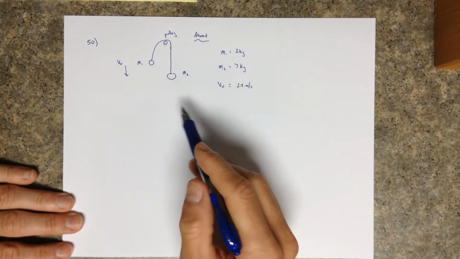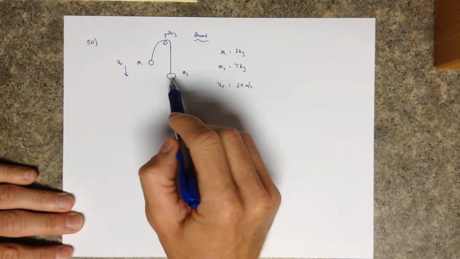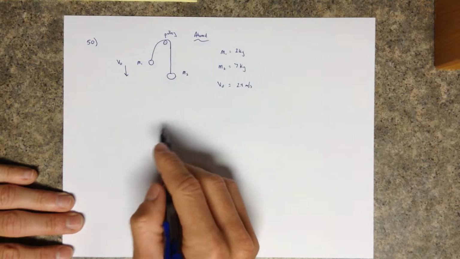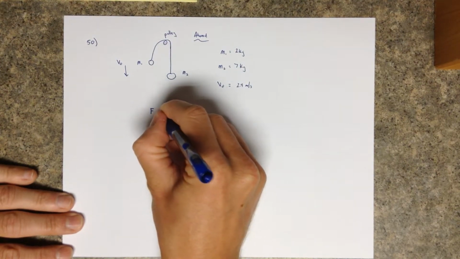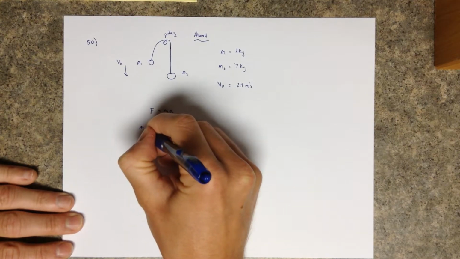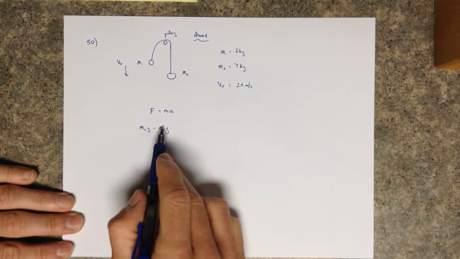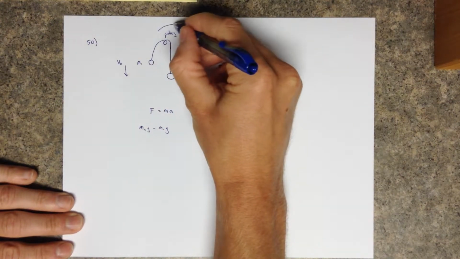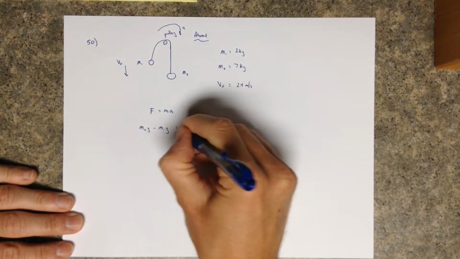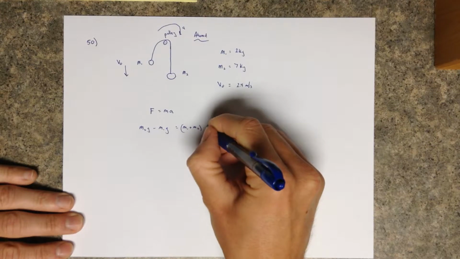And so what's going to happen is this system is going to come to a stop. It's going to come to a stop because, well, what did we just say? The net force is going to cause some acceleration in that direction. So if you think of the system as a whole, M2G minus M1G, that difference in their weight, is going to cause an acceleration. Again, the acceleration is in that direction, and that causes M1 plus M2 to